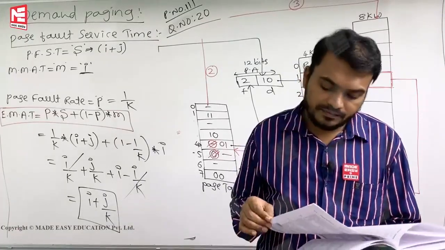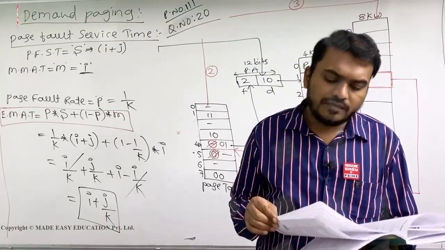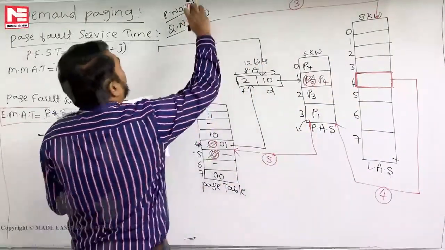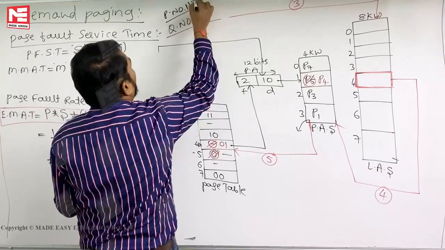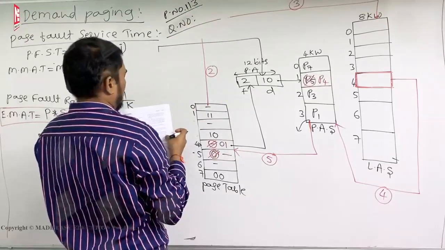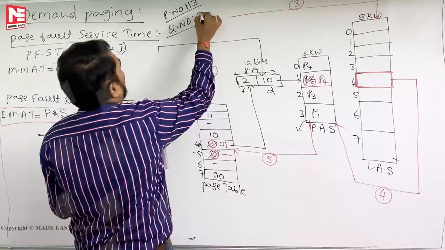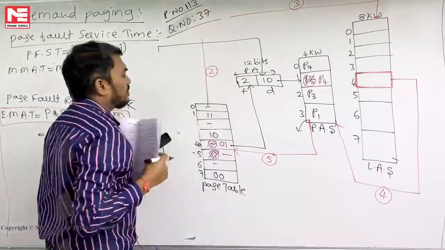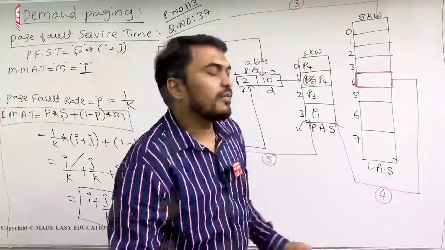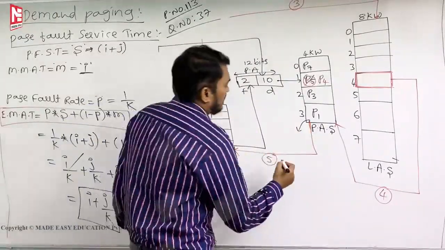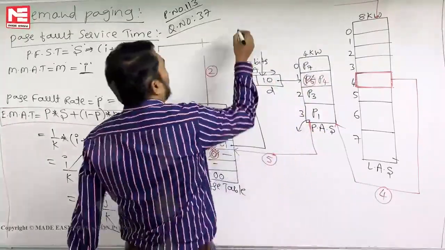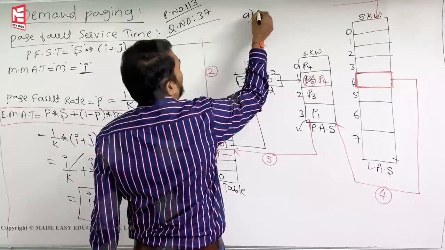Page number 113, question number 37. I am writing here properly. Page number 113, question number is 37. Okay, in that I am giving options, so please note down the options also. Just listen here. Options are